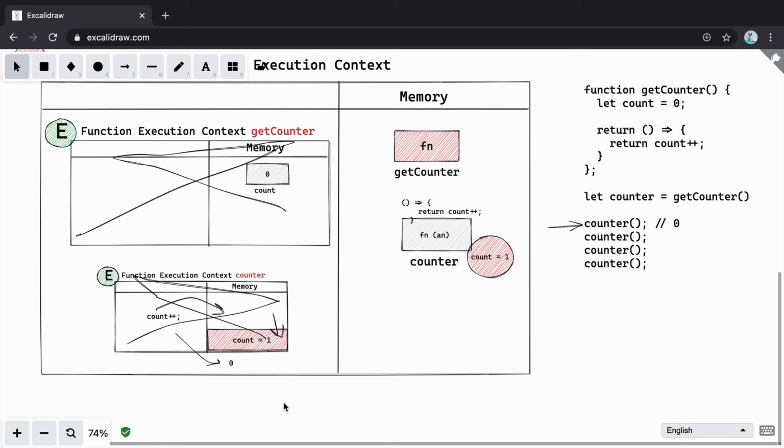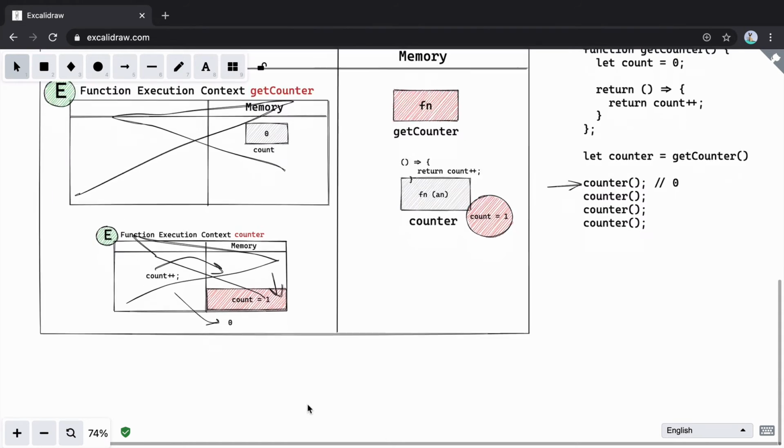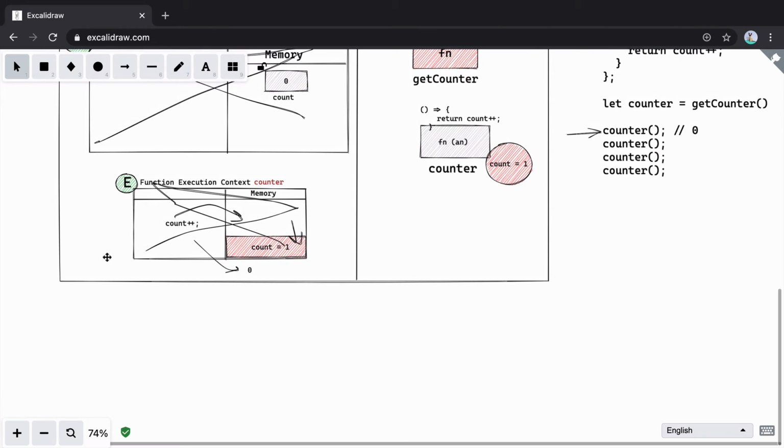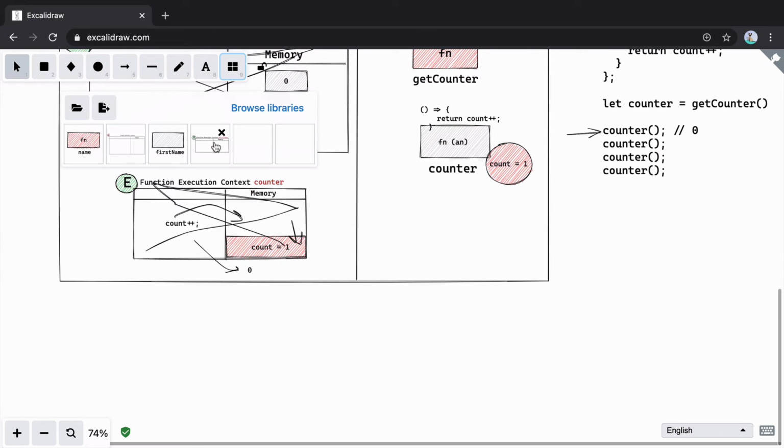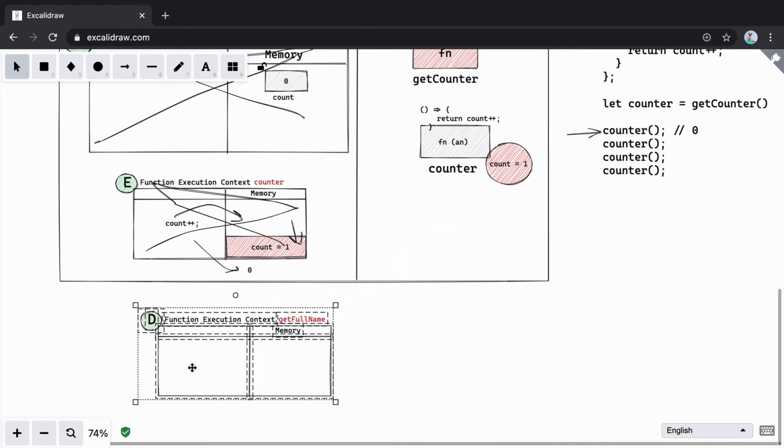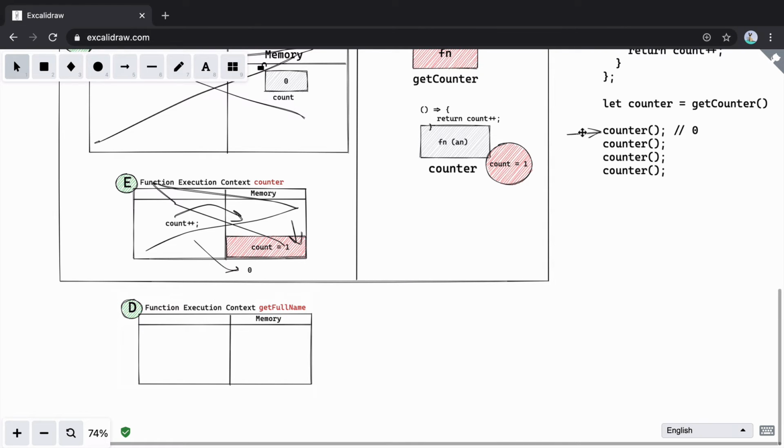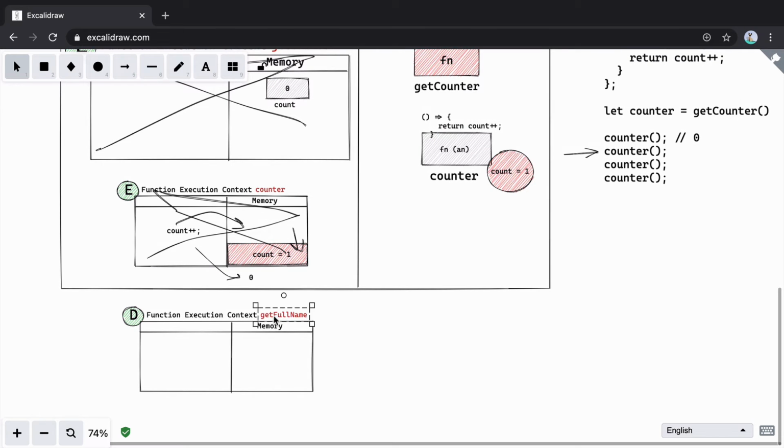Similarly, if we do the same thing here, we create another execution context similar to this. We'll create another execution context here for this line. This is the execution context of counter. Here we have a closure value, and that closure contains a value of count to be 1.